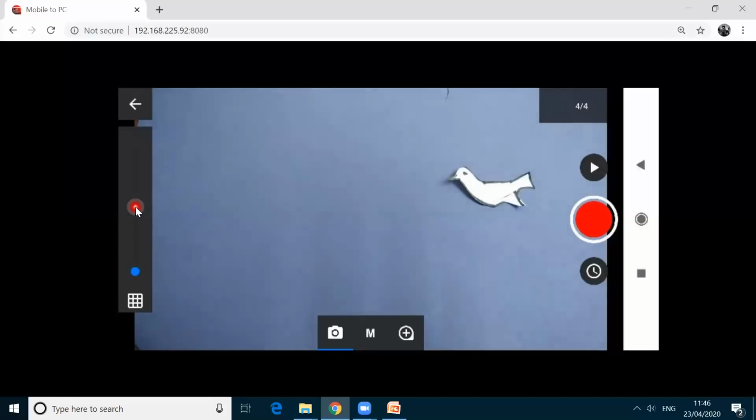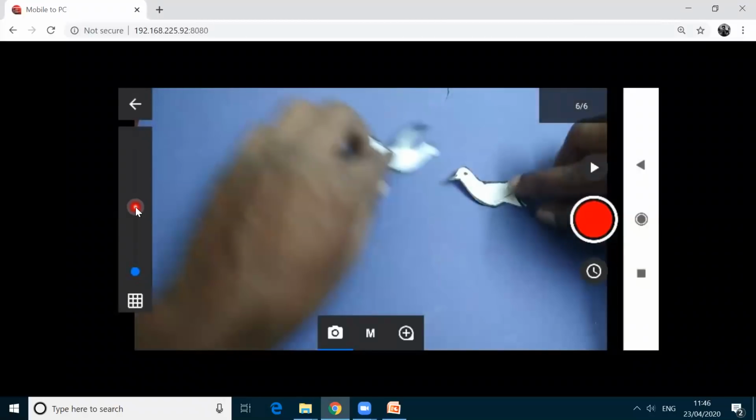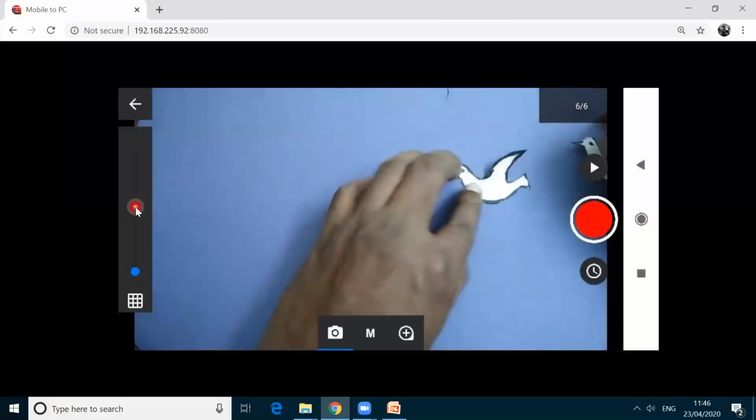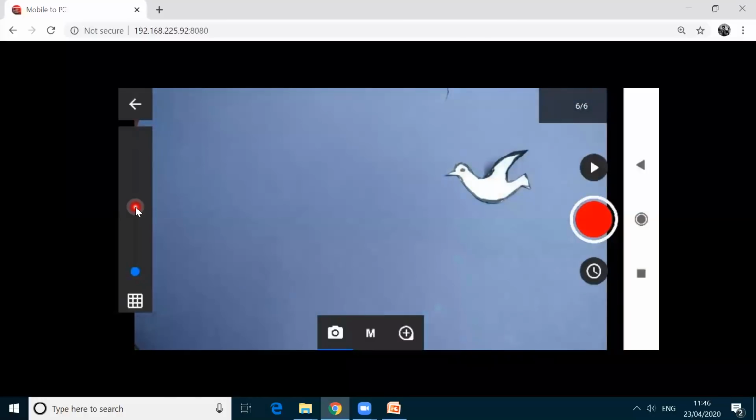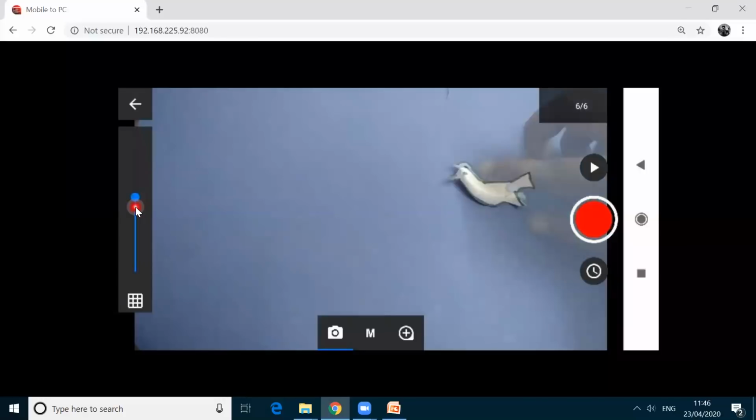And then I am moving this one down. Now I am taking a photo. Again, I am going to replace here. To check, I am scrolling this one up. Okay, I am moving down.